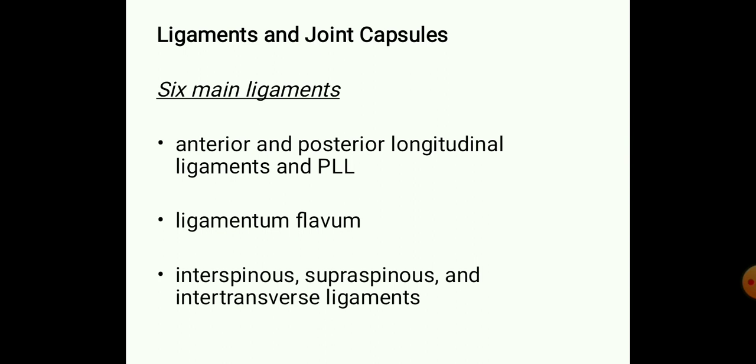So next we are going for the ligaments and joint capsules. What are the ligaments which support the spinal column, and what are the joint capsules which surround the zygapophyseal and the interbody joints? When we look into the ligamentous system, the vertebral column is extensive and exhibits